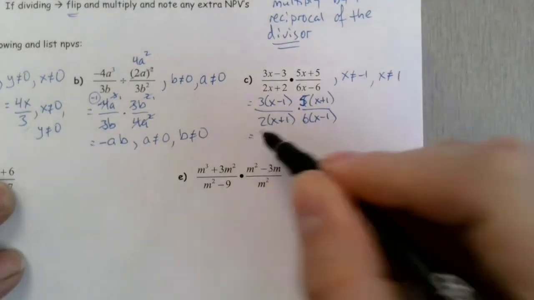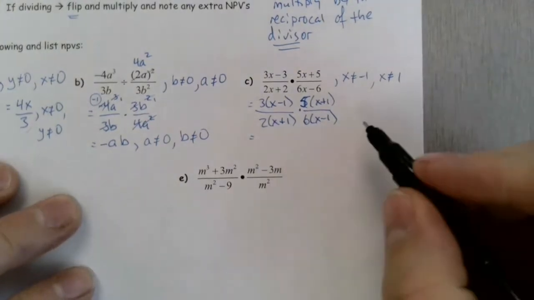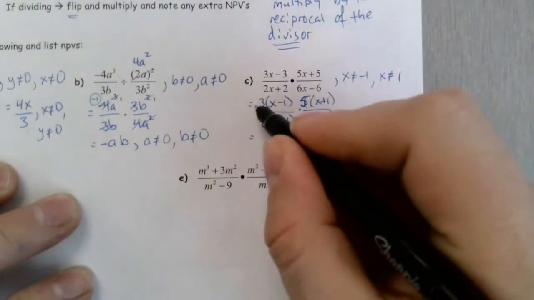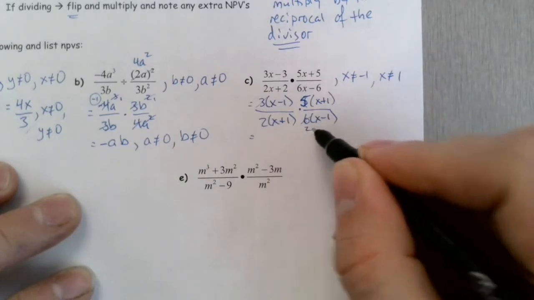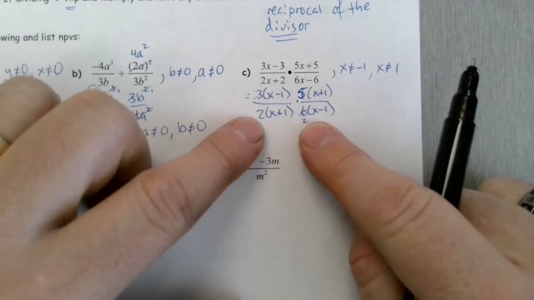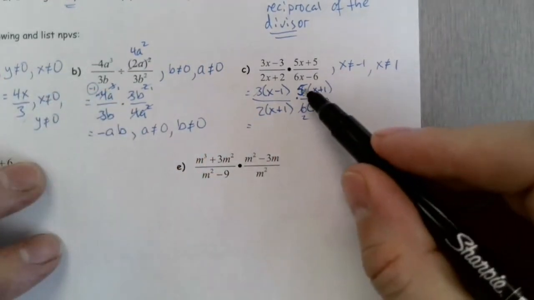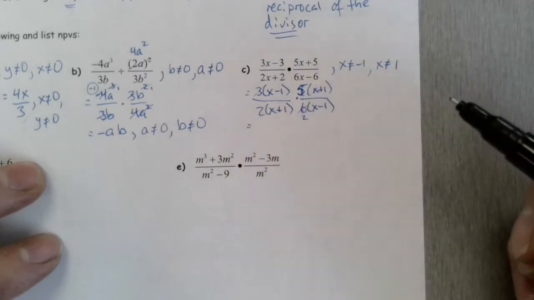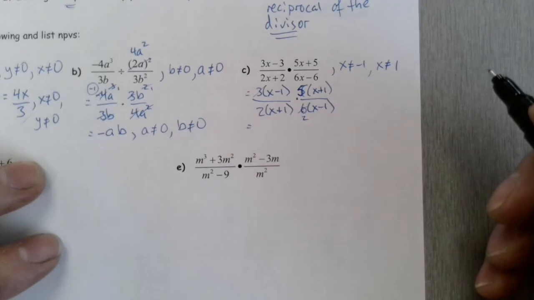Now, I could multiply across here, but I already know that when I do that, I'm going to end up with factors in the numerator and factors in the denominator that I can cancel. I have, for example, a factor of 3 up here and a factor of 3 here in the 6. That's going to leave me with a 2. Notice that the 2's do not cancel. They're both in the denominator. In fact, I'm going to multiply them together. My coefficient of 5 has no corresponding factor in the denominator to cancel with,